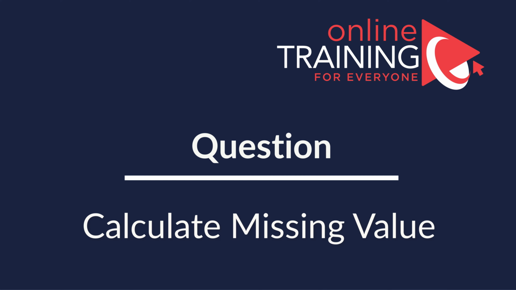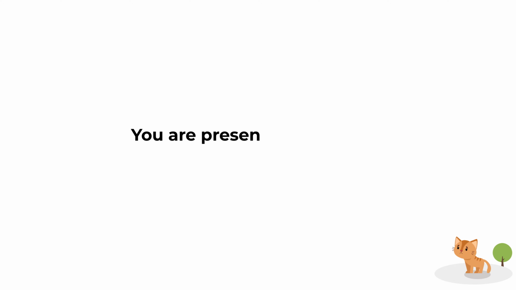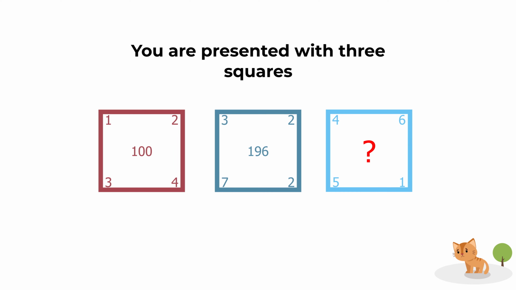Here's an amazing question which tests your ability to quickly come up with the solutions. You're presented with 3 squares. Each square is of a different color, and each square has numbers in the corner as well as a number in the middle. For example, the brown square has numbers 1, 2, 3, and 4 in the corners, and the number 100 in the middle. The dark blue square has numbers 3, 2, 2, 7 in the corners, as well as the number 196